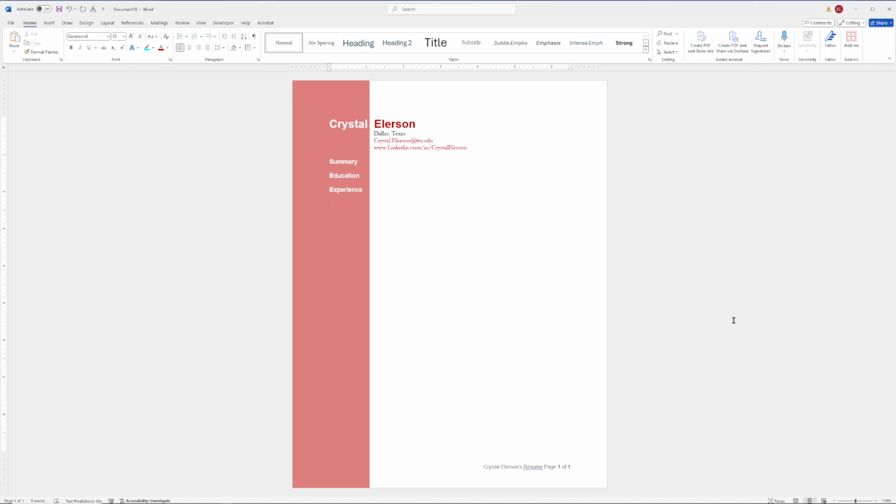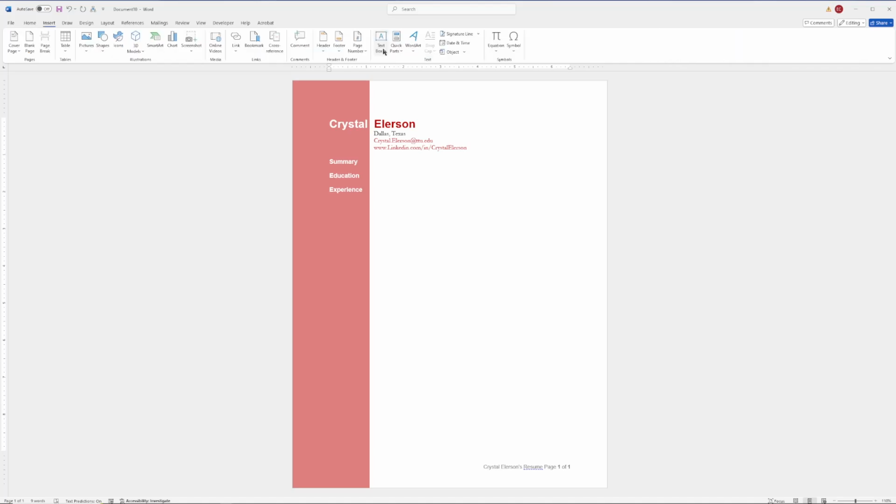Another way that I could lay out, especially if I'm trying to get everything on one page, is I could insert a text box, and I just choose Draw Text Box. Put my text box up here. This would allow me to move my contact information up here. Now, if I did that, I would not want the indent that I have, so I would have to get rid of that indent. So it's back on the Layout tab, and I would just get rid of this. And this would be one of the few occasions where we would actually have right align. So we would right align our contact information in the box,